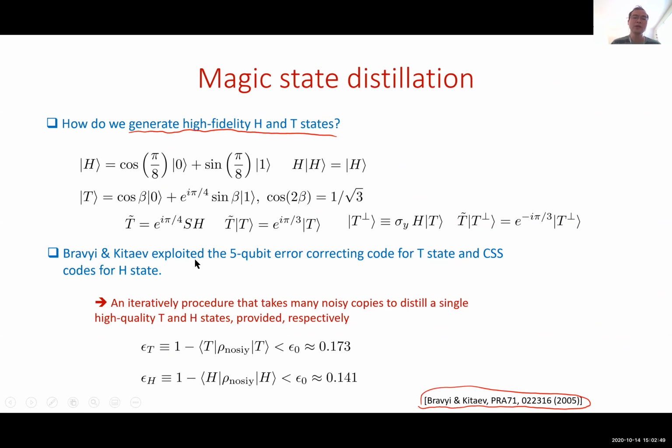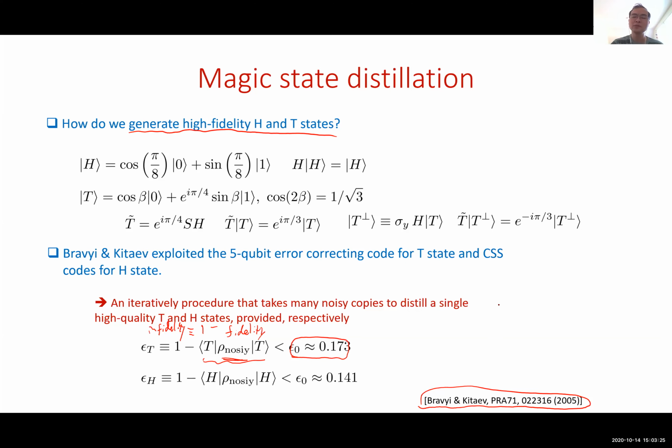They use a particular 5-qubit error correcting code for the T state. And they show that if you were able to create a noisy state that is close to T in the sense of fidelity, and 1 minus that is called infidelity, if the infidelity is low enough,